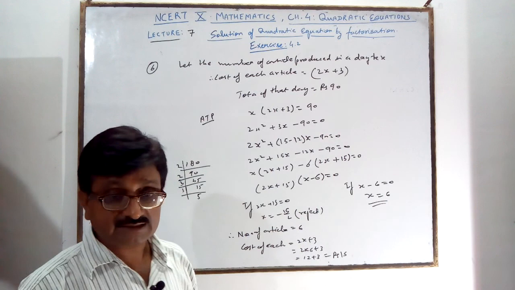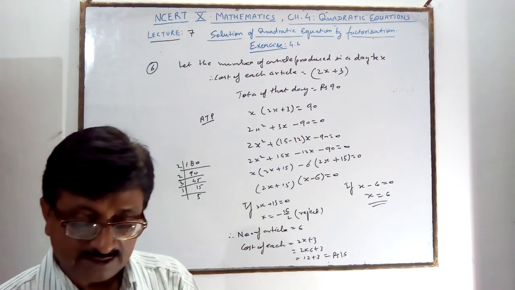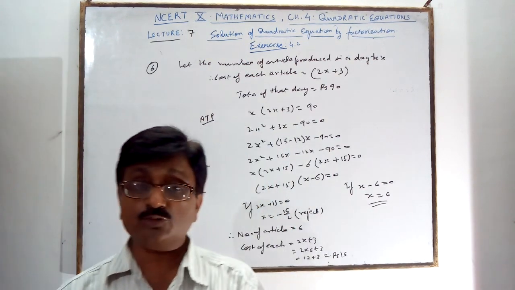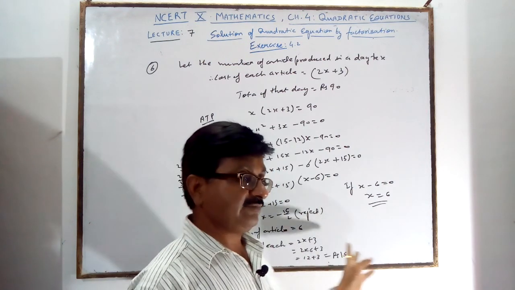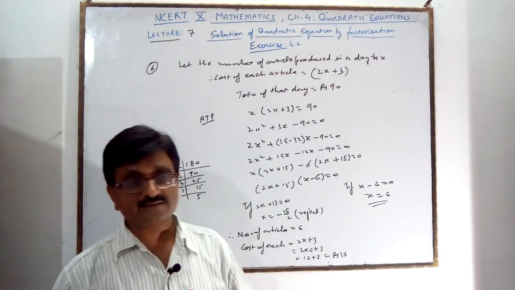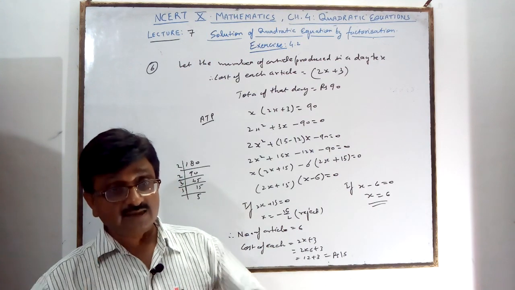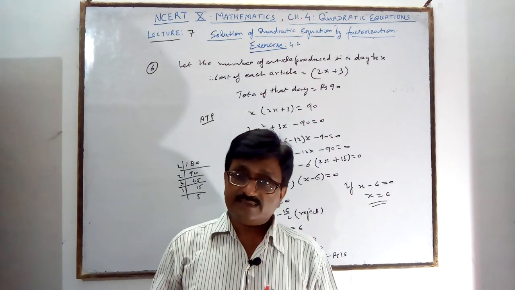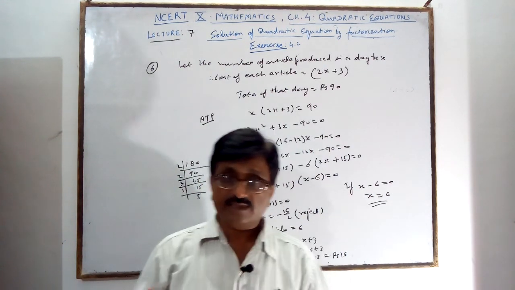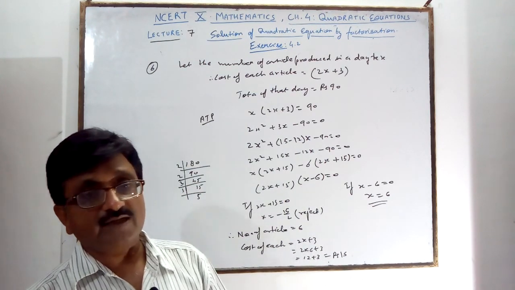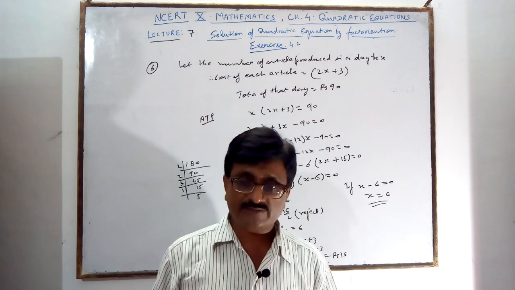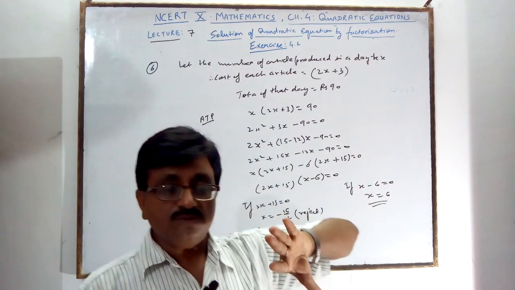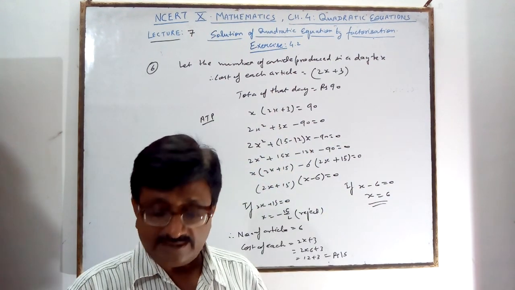Today you have finished this exercise 4.2. Now you will study the solution of the quadratic equation by two ways. One method, middle term factorization, which is class 9. Till here you are studying 9th standard. Now we will study the 10th standard portion: the quadratic formula, called the Sridharacharya formula as well, and the completing the square method. We will discuss these in the next lecture.